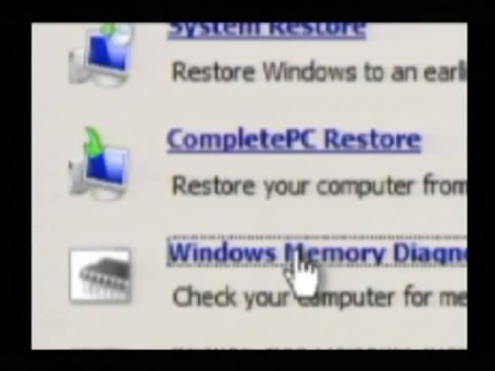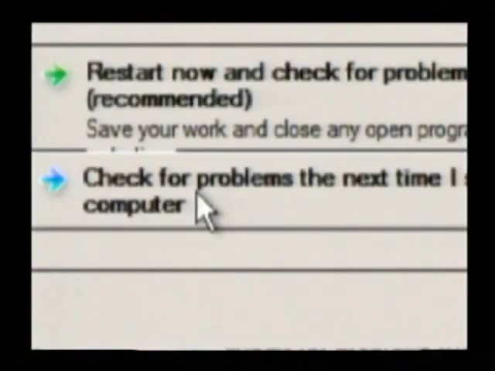We also have the memory diagnostic tool. I'm not going to run it, but I'll just show you what you'd get if you click on that. The memory diagnostic is run when the system is starting up. So you can choose to reboot now, or you can choose to run it the next time your machine starts up. So with that, I'm going to go into the command prompt and create a problem that will make the